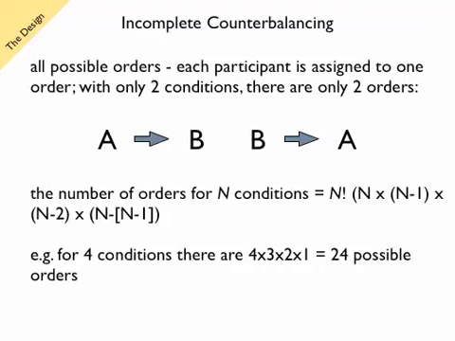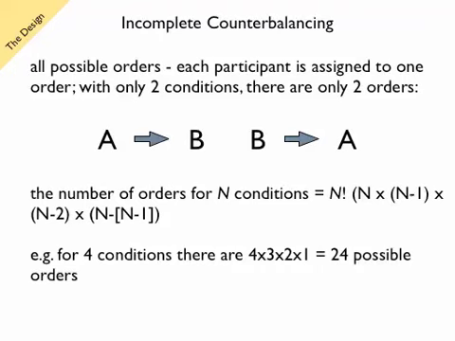n factorial, and we use the exclamation point to express a factorial. So that's n times n minus 1 times n minus 2, all the way down to where you get to just 1, right? So for 4 conditions, there's 4 times 3 times 2 times 1. That's 4 factorial conditions, or 24 possible orders. For 5 conditions, there's 5 times 4, which is 20, times 3, which is 60, times 2 is 120 possible